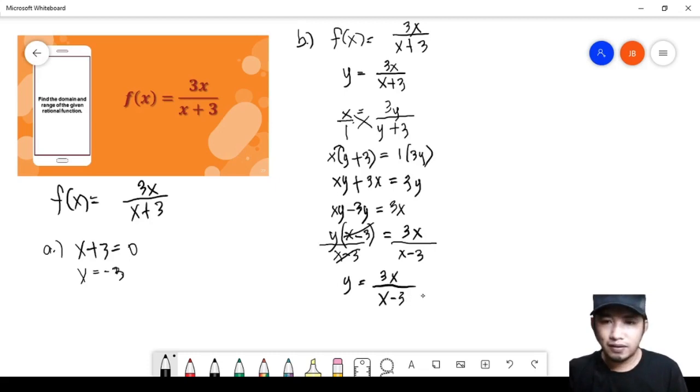Right? Di pa. That is the value of y. Ay, sorry guys. We will substitute pa pala. After getting the value of y, after getting the equation for y, we will substitute the value of x into your y formula, and that becomes